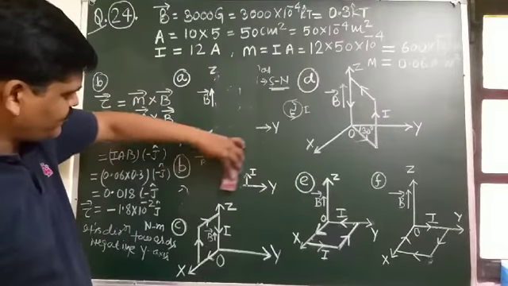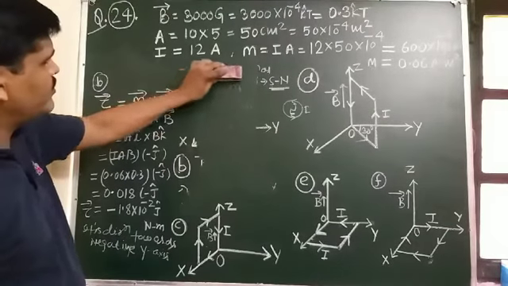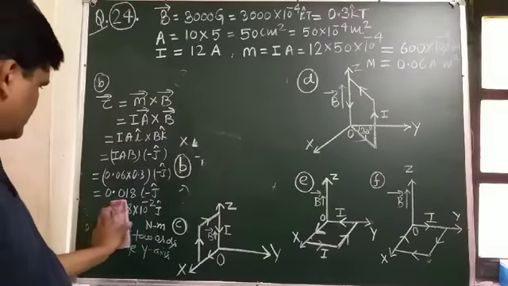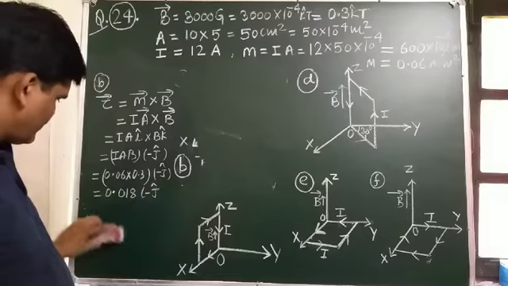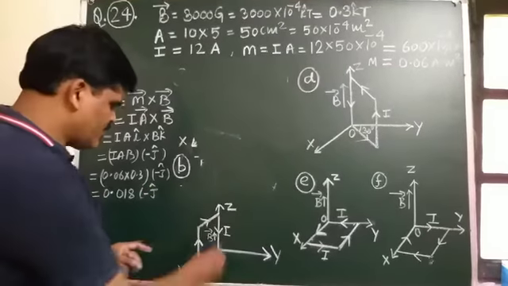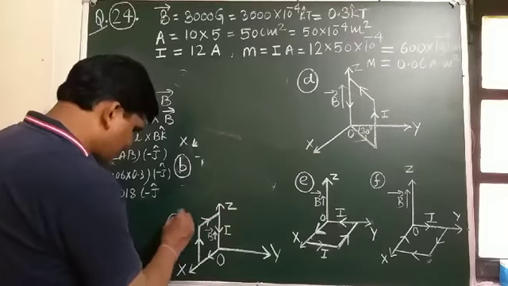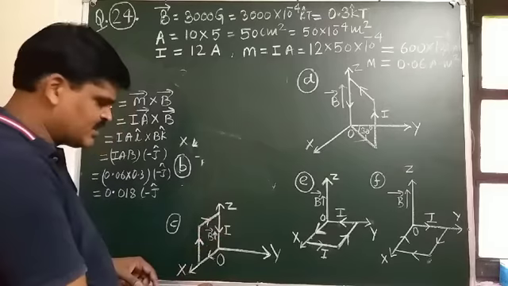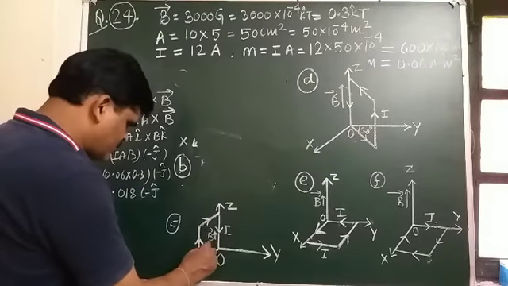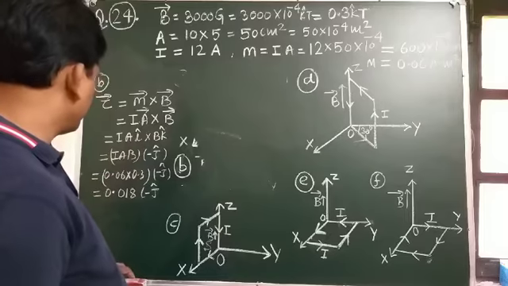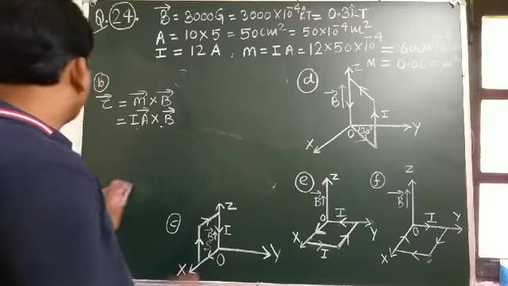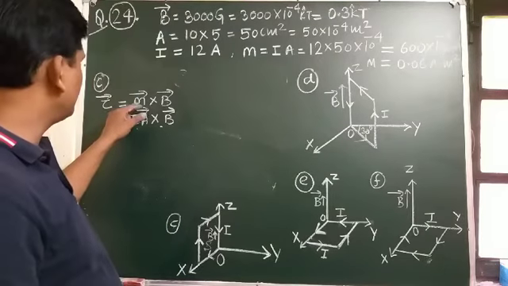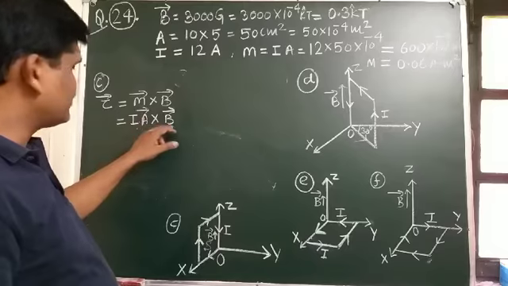Now student, see the diagram. Third, C part. Direction of the current is what? Clockwise direction. So this face is what, south. And direction of magnetic moment is what? Direction of magnetic moment in the case of the formula, vector tau is equal to m cross b, and I A cross b.